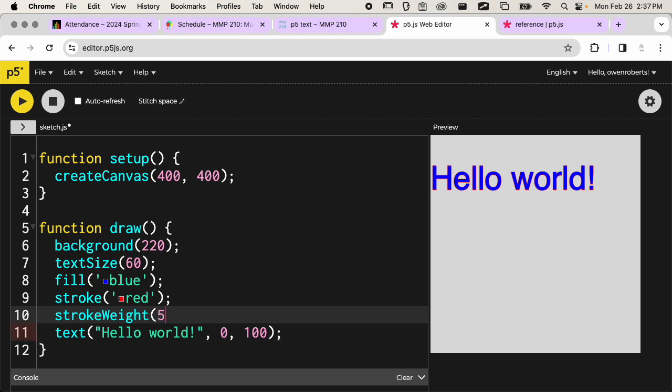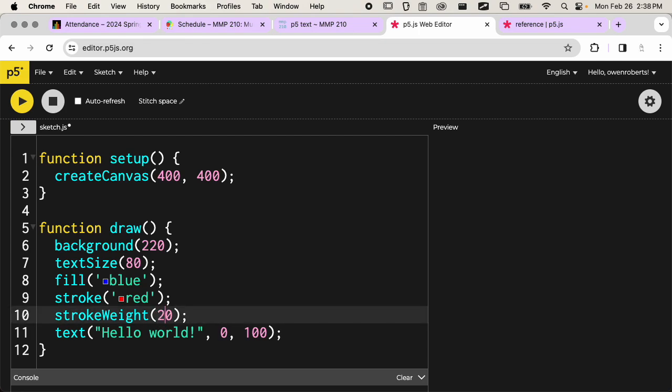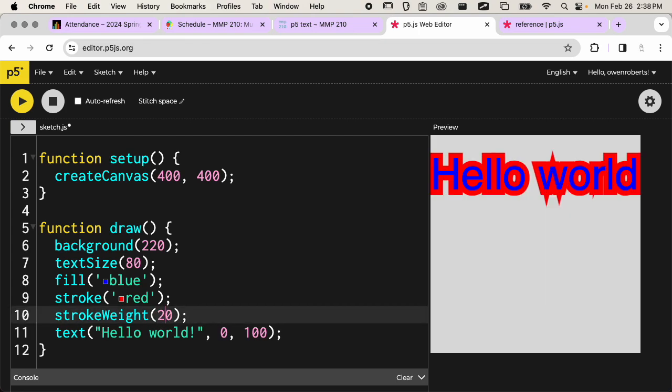But the higher the stroke weight we turn it up, we're going to start to see some weird effects. So if I do it like this, because there's a lot of geometry in the text, one thing you'll start to see is these edges. Okay, so let me make the text a little bigger. We'll see that. Okay, so when we start to make the stroke really big, we see these kind of gross edges,